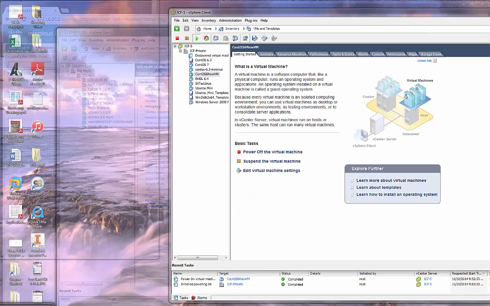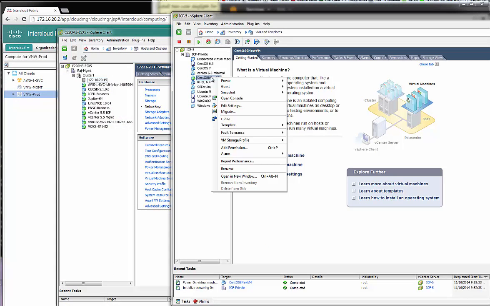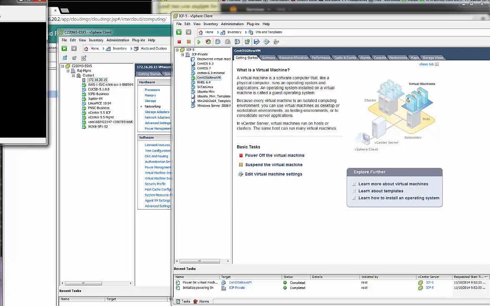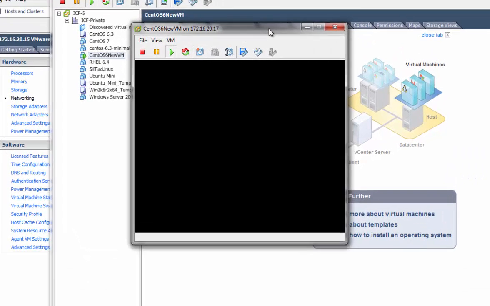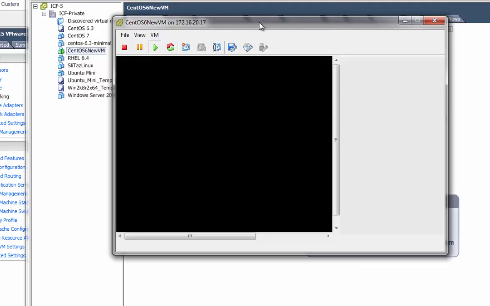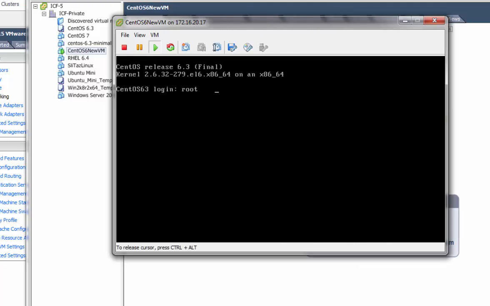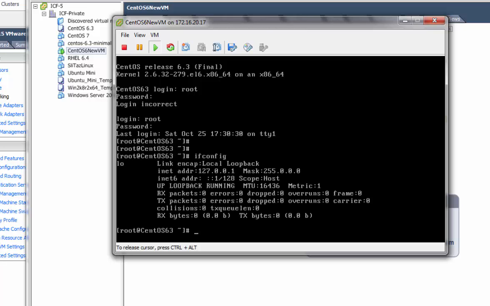So let me log back into that space right here. Here's the VM. If I look at Open Console, let's see what we get here. Let's see if I can log in. It doesn't have any interfaces right now, as you can see. This is a very common scenario within VMware. When you clone an image or clone a template, VMware does something interesting: it changes your MAC address, because it builds a new MAC address, and it messes up a lot of the Linux VMs. So you want to go to